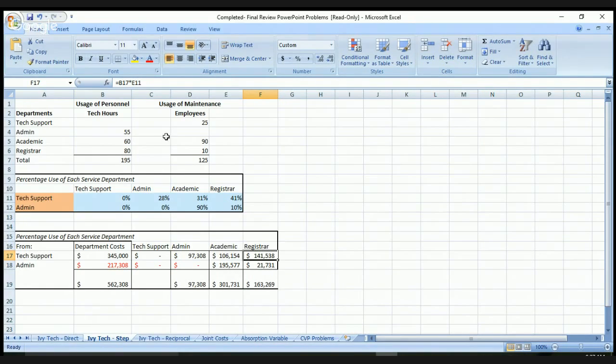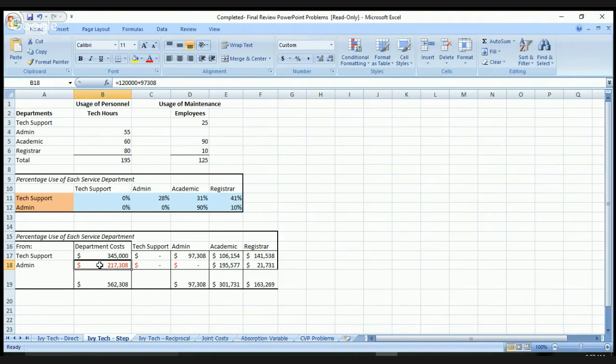Now, for the admin, as I said, there's no relationship between admin and tech support, so we ignore that 25. We only do this with the 90 and the 10. And we're going to allocate because we added 97,308. This 217 is the 120 that originally was given to the admin department, plus the 97,308. So that's the only difference in regards to what the tech support was, or